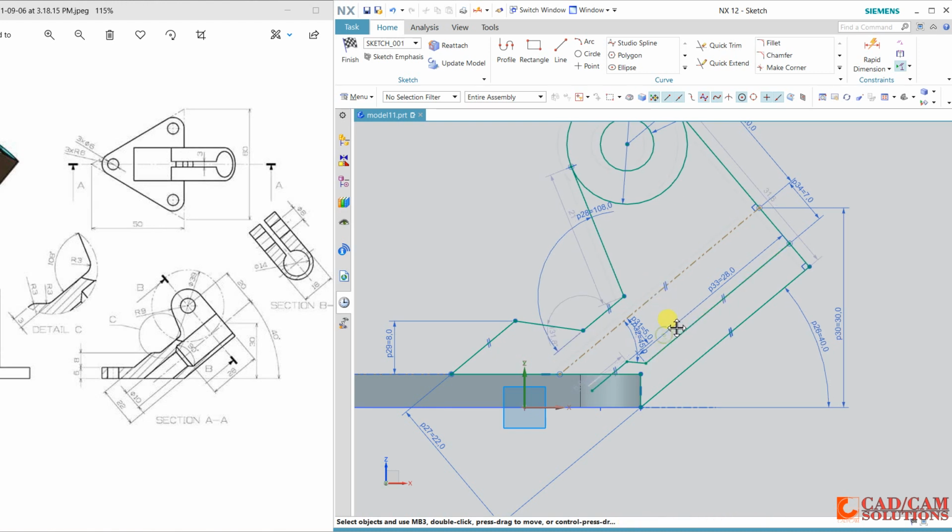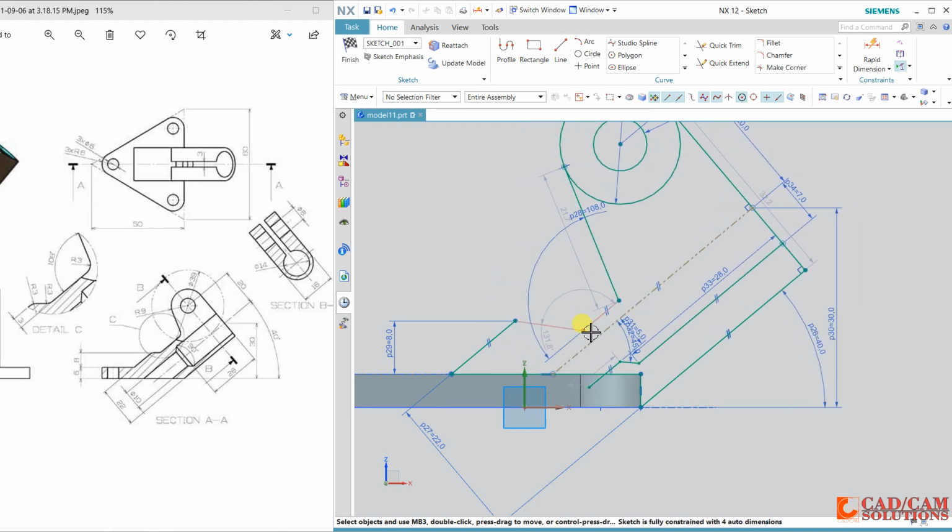Some dimensions are still remaining, including this. So here we have radius 3, and 3 is a gap.